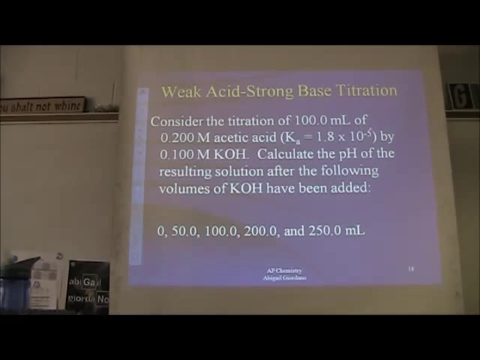Consider the titration of 100 mL of 0.2 molar acetic acid. Stop right there. Strong or weak? Weak. It's got a Ka written right after it, so it's definitely weak. We're going to titrate this weak acid with 0.1 molar KOH. Strong what? Base. Good. This is a strong base. Calculate the pH of the resulting solution after the following volumes of KOH have been added. Okay. So,